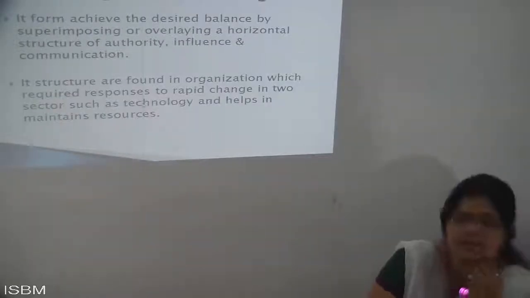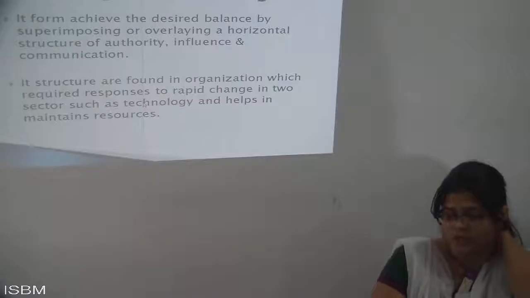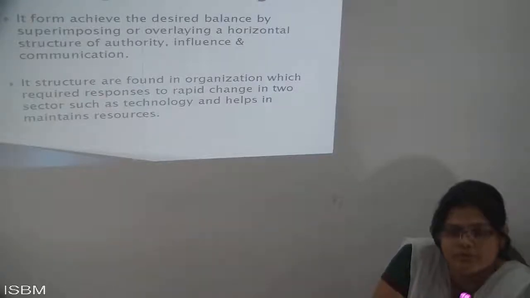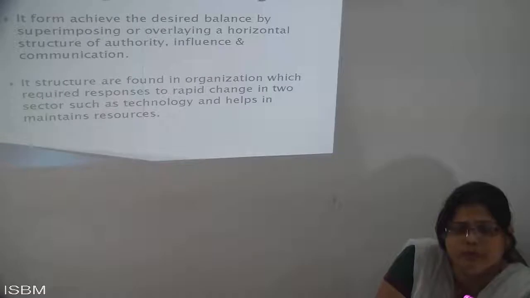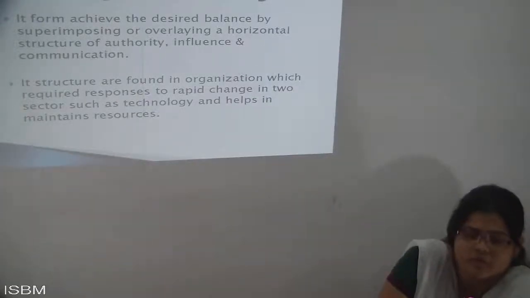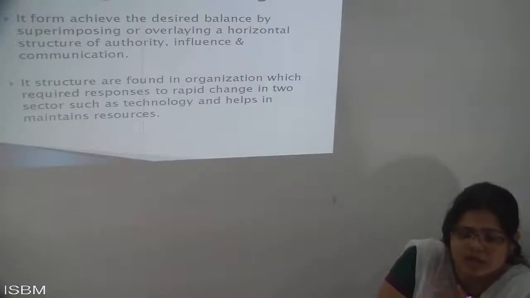Next here is the matrix organization. In the matrix way of organization, it is mostly followed with the help of resources and, second, technology. These two things should be done in the correct measures. Only then can the work be completed and designed in the correct manner. That is why it is called a matrix. A matrix is a mixture of two things: resources and technology.